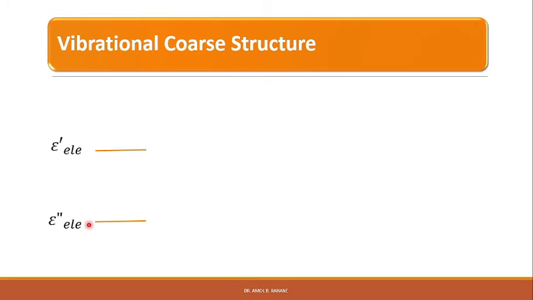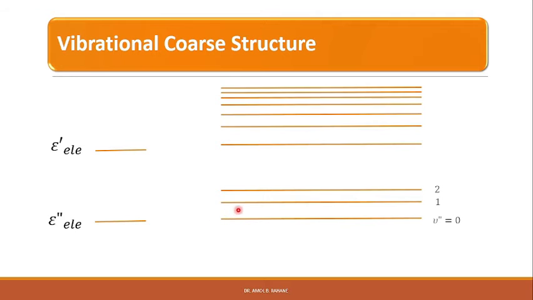Now corresponding to each electronic level, we have different vibrational levels shown by the vibrational quantum numbers, right? So we use the quantum numbers nu double prime equal to 0, 1, 2, 3, and nu prime equal to 0, 1, 2, 3 corresponding to the vibrational energy levels, right? So this nu double prime is for the lower level, right? In the lower electronic level we have different vibrational levels, and in the upper electronic level also we have different vibrational levels, right? So we have distinguished them by nu double prime and nu prime. So nu is the vibrational quantum number, right?